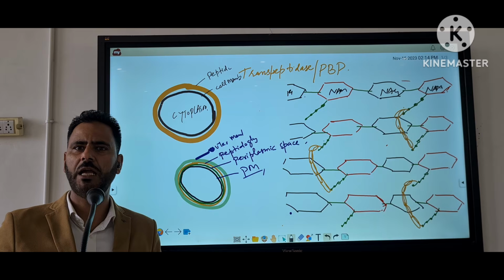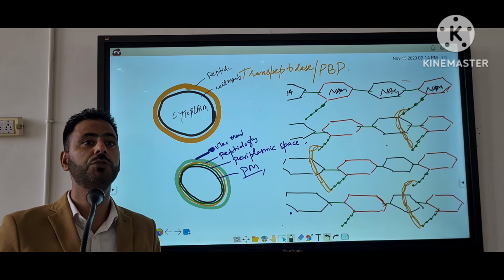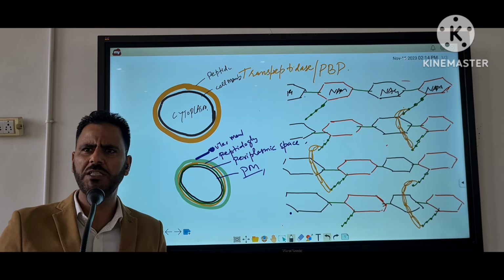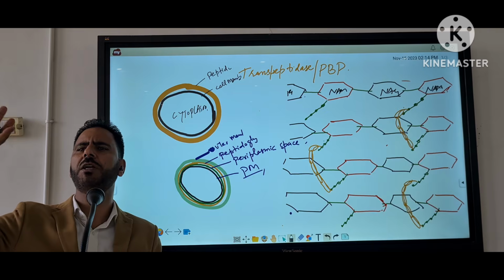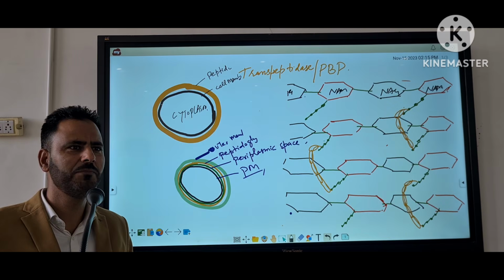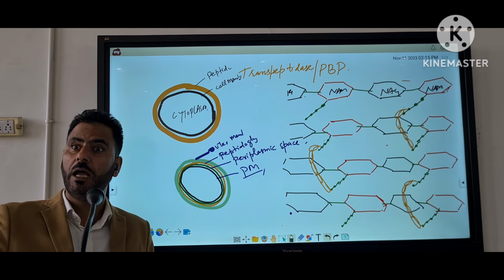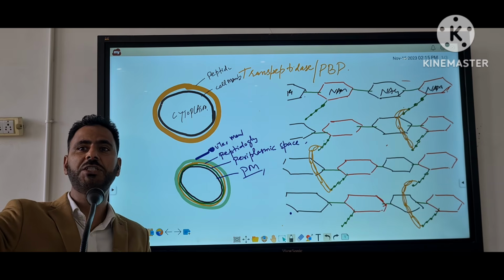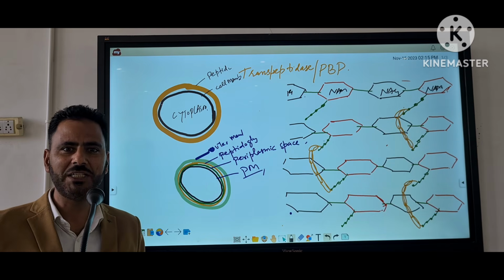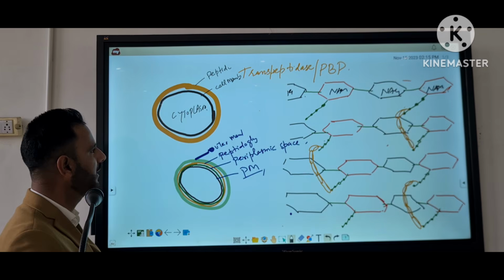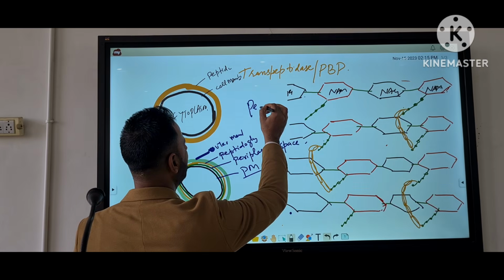The first antibacterial which was produced is known as penicillin. Do you know this penicillin was a marvelous, wonderful discovery of science? You know it? And this penicillin has a beta-lactam ring. What is happening? Suppose this penicillin,